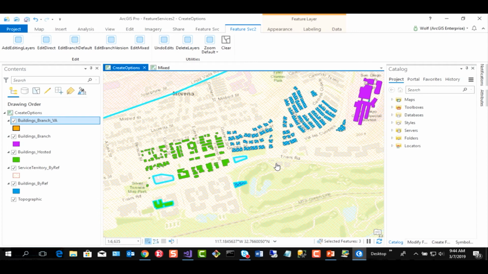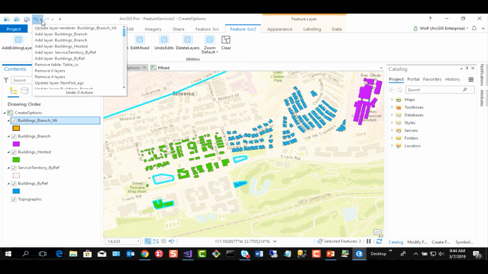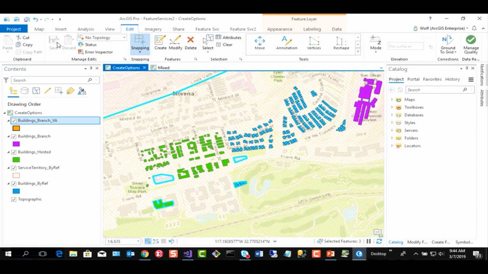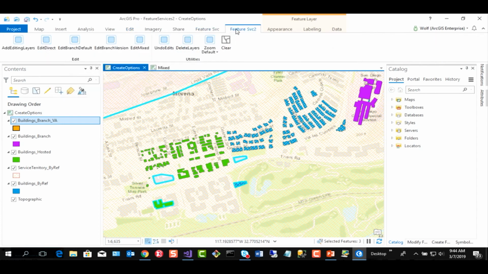You notice that those two buildings, they've moved to the south. There's that cookie cut hole that I did in the code. I go to my undo, and there's no undo. I go to the Edit tab, and the Save and Discard are still disabled. So even though I've done edits, I'm not actually in an edit session. I'm not in an edit session because